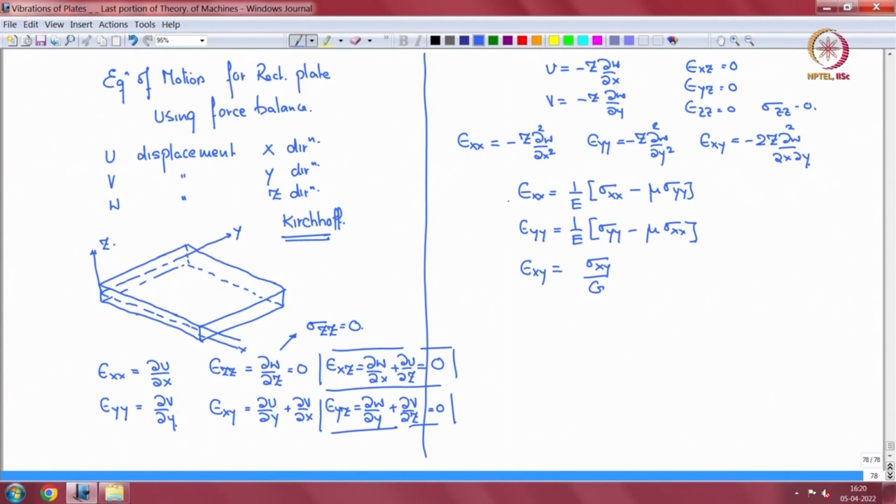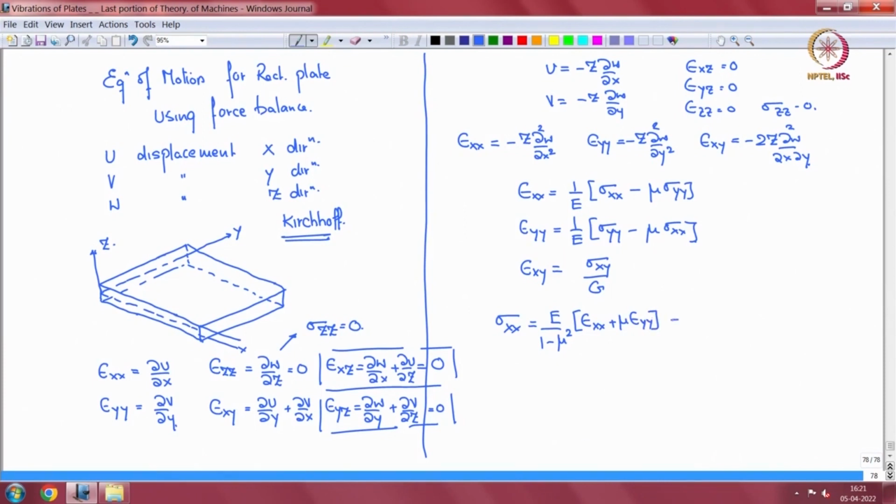As a result of this, we can find sigma xx in terms of epsilon xx and epsilon yy. So then sigma xx becomes equal to E by 1 minus mu square, epsilon xx plus mu epsilon yy,